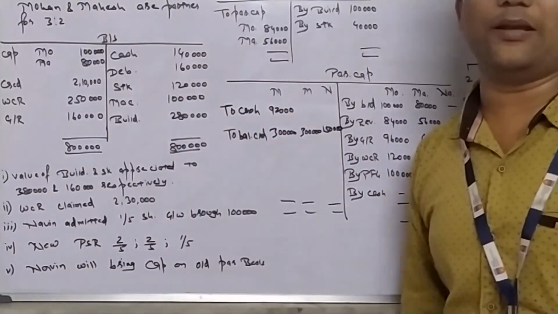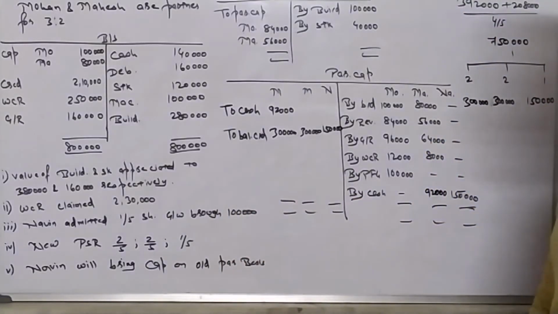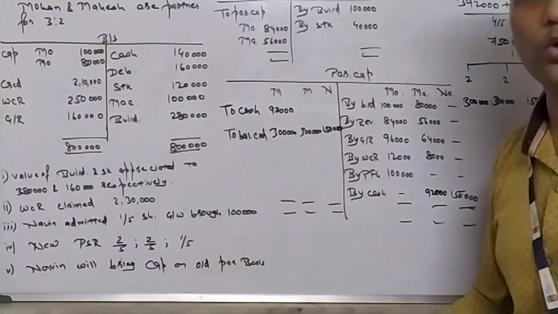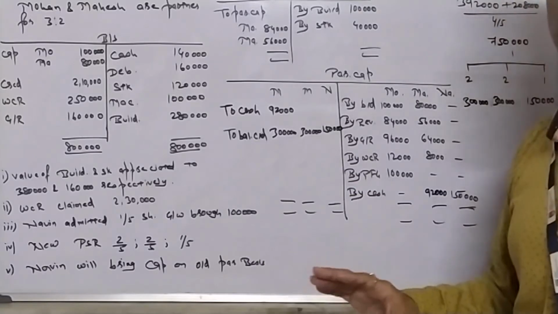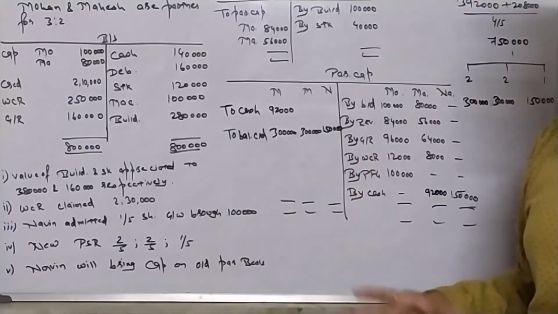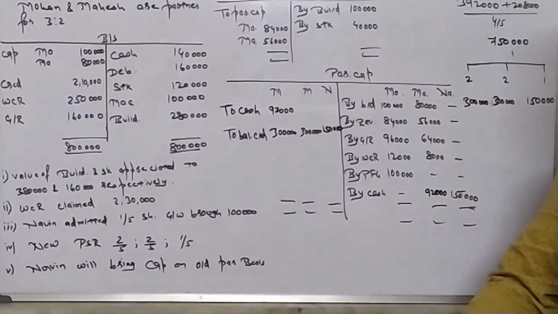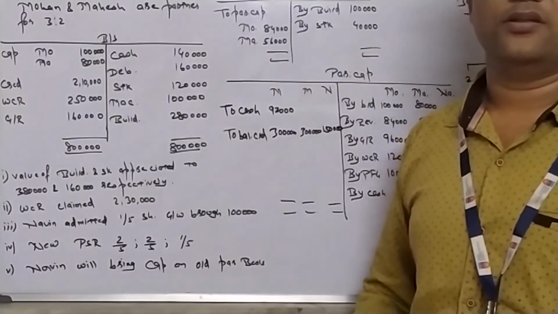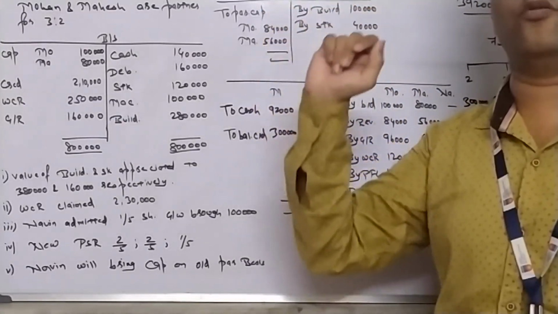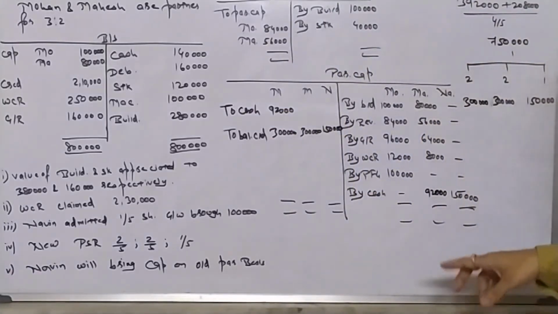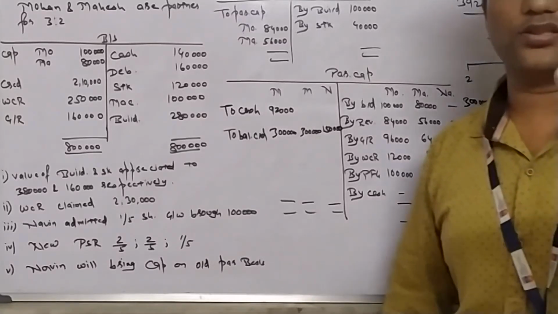Third, treatment of goodwill. There is no old goodwill in the balance sheet, so no need to write off. Only new goodwill of 1 lakh is brought by Naveen. We need not calculate Naveen's share; it is given in the question as 1 lakh. I will distribute that to the sacrificing partner. Here only Mohan is sacrificing, as we have calculated in the ratio. That means 1 lakh will be given to Mohan as premium for goodwill, with an entry debit to Mohan's capital account. So in Mohan's capital I will write by premium for goodwill 1 lakh. That's it. Third step done.